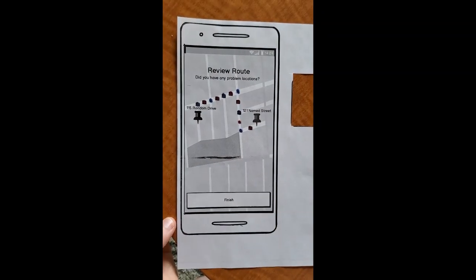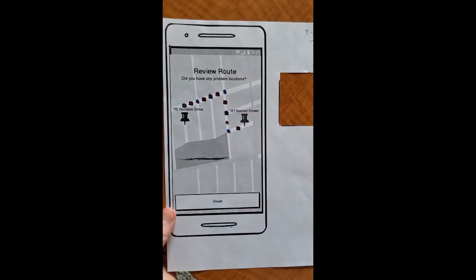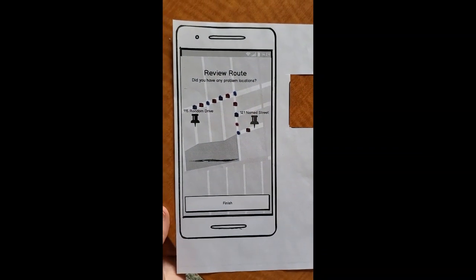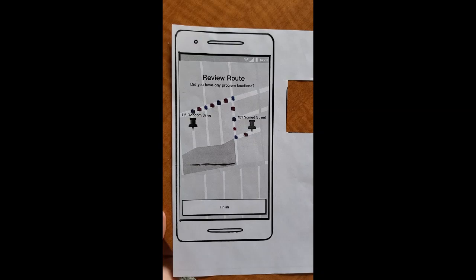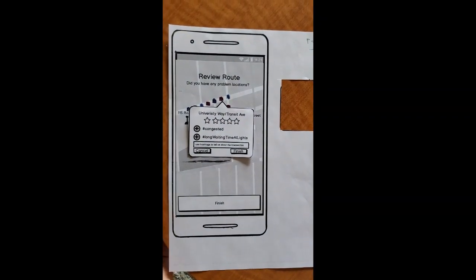In this case, if I were to tap on that particular street, I may be brought a pop-up bubble that would allow me to,